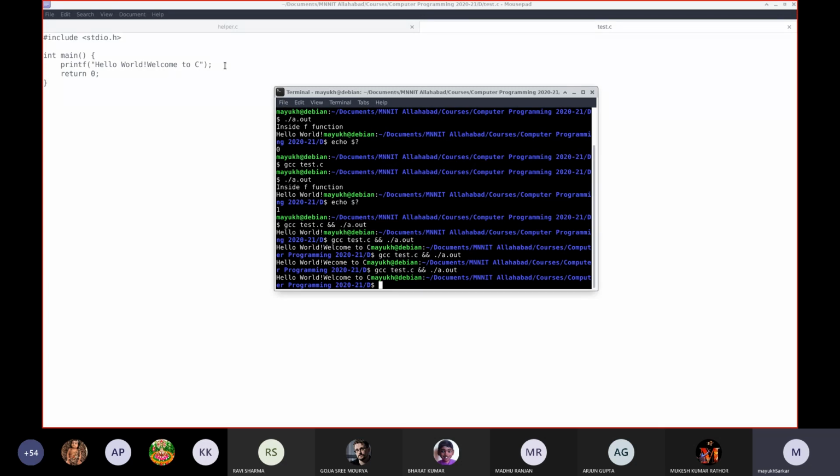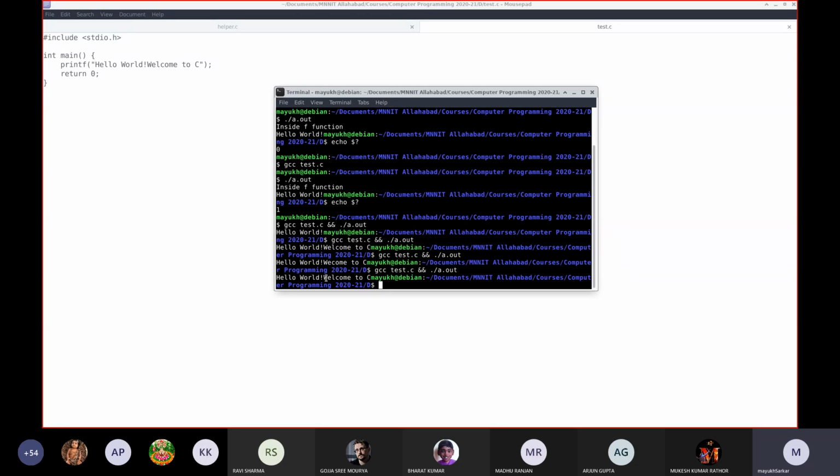Now this is the basic fact about printf. That means whatever string you provide to it. So two basic facts you have understood. First, whatever string, the simplest string you will provide to it, it will print it as it is on the screen. And secondly, if you provide multiple statements, it will execute those statements sequentially starting from the first statement, one by one.